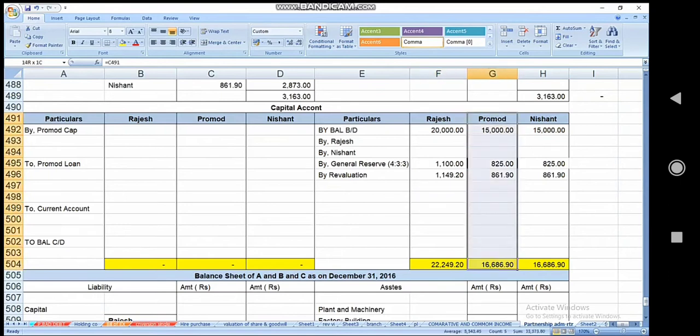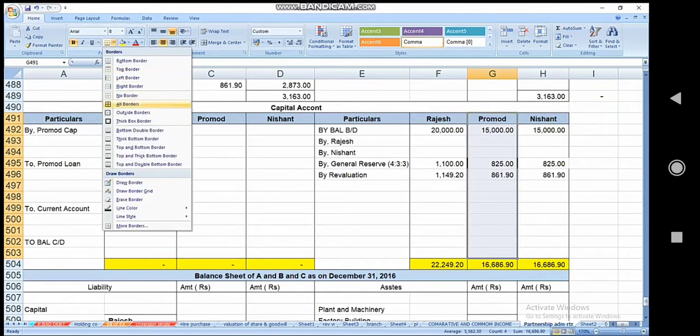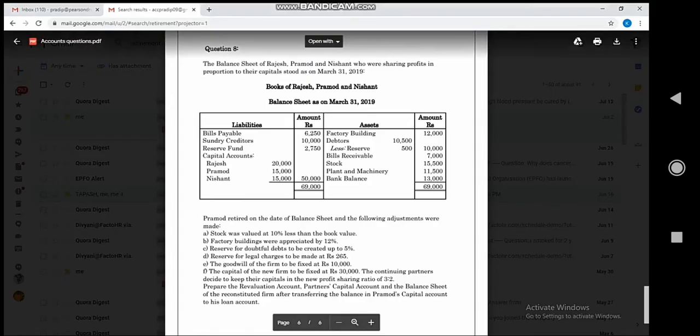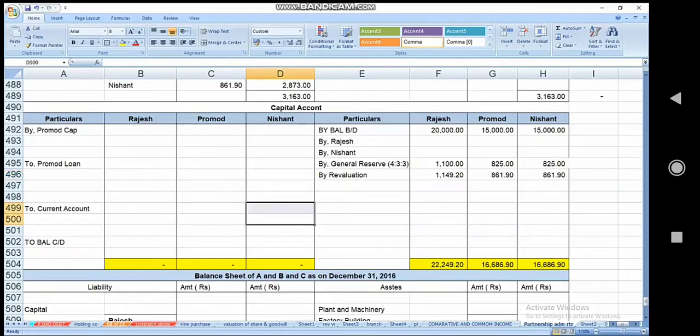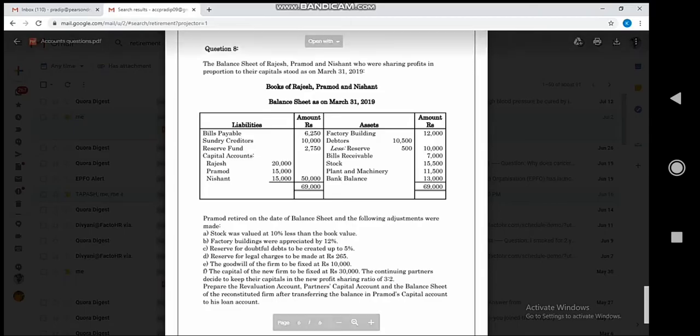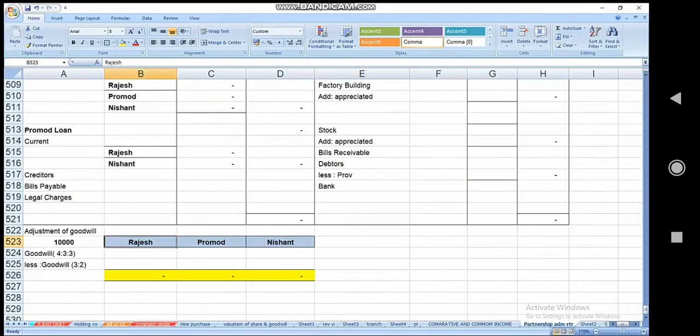Now the adjustment of goodwill. In case of retirement, the adjustment of goodwill, what is the full value of goodwill? 10,000. That will be adjusted through the capital account. So how will we calculate this? So the goodwill first